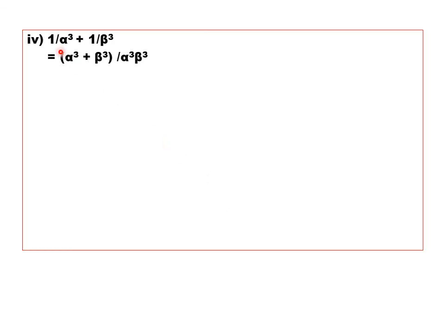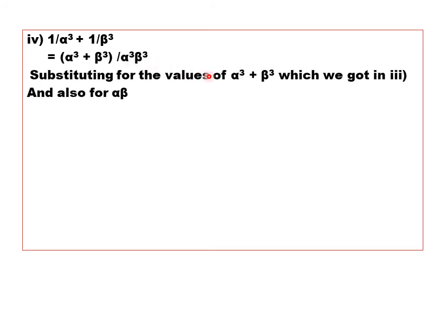Last we have to find the value of 1 by alpha cube plus 1 by beta cube. Here the LCM is alpha cube beta cube. So we have alpha cube plus beta cube divided by alpha cube into beta cube. The value of 1 by alpha cube plus 1 by beta cube is equal to alpha cube plus beta cube divided by alpha cube into beta cube. Substituting the values of alpha cube plus beta cube, which you already got by solving problem 3, and also for alpha beta, we have